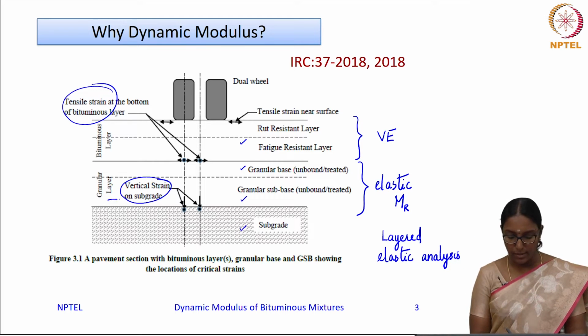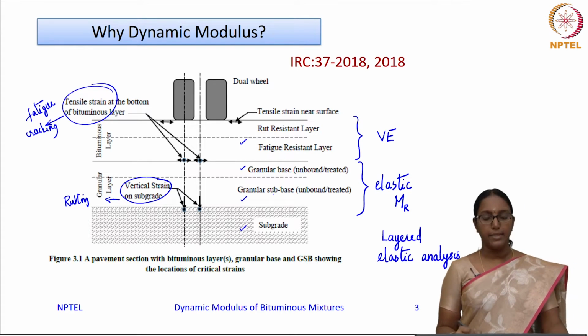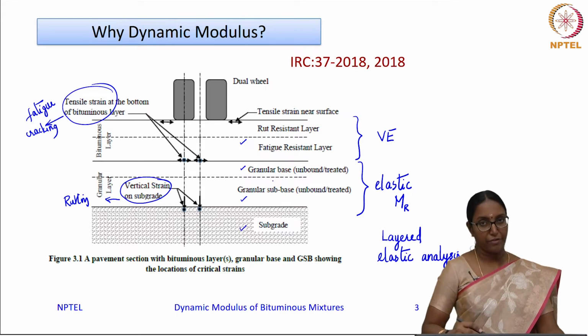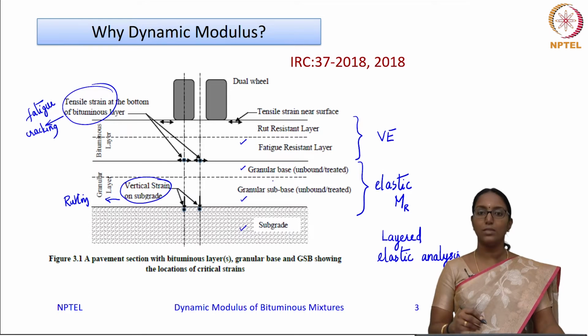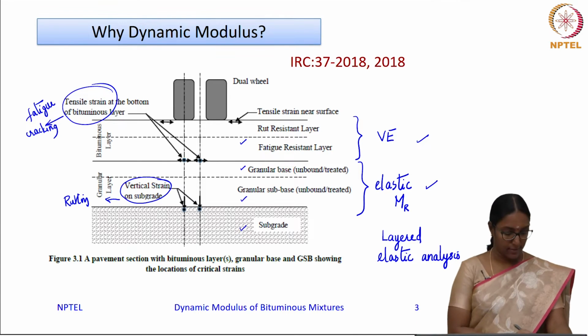Say for example, this is related to the rutting of the pavement and this parameter is related to the fatigue cracking. So what is important is that the design of the layer thickness and choice of the material will definitely depend upon this analysis, which in turn will depend upon the material modulus that you provide in the analysis.